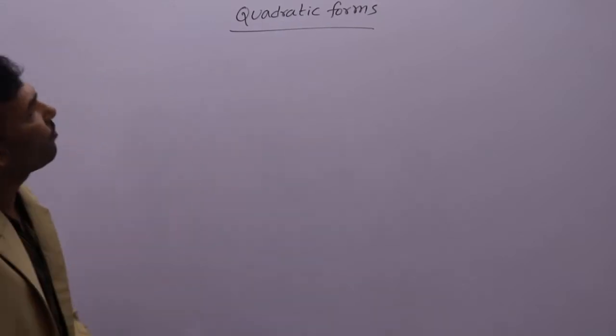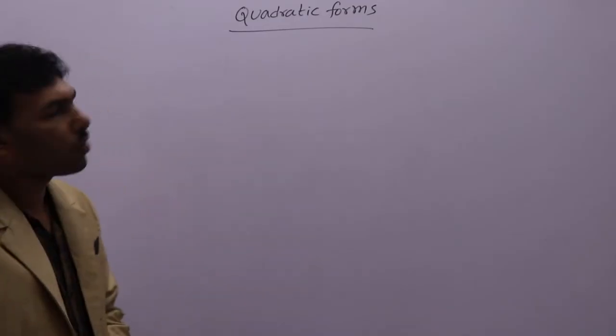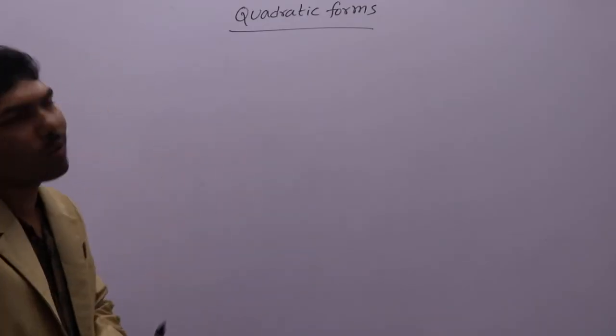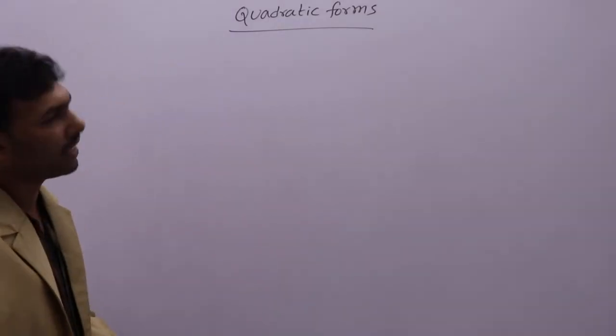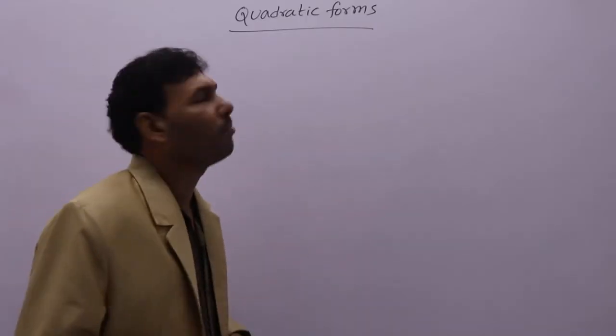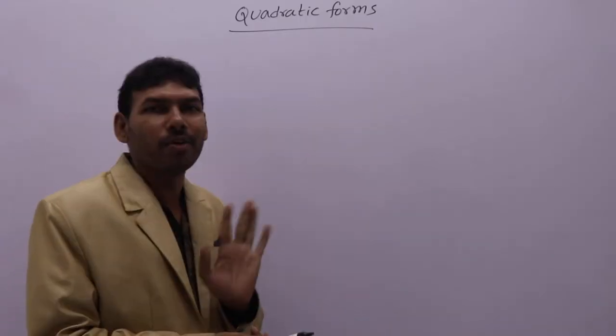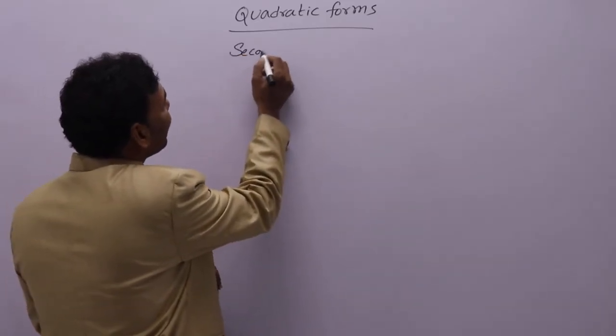Quadratic forms, the final topic in maths actually. So in quadratic forms, we are going to discuss how to reduce a quadratic form to canonical form. That is the key concept. Before going to discuss our actual topic, first of all we need to discuss what a quadratic form is. So quadratic form simply means, we can say, a quadratic form is a second degree